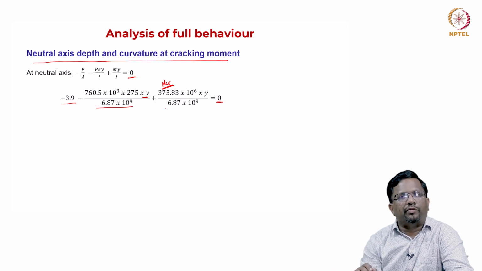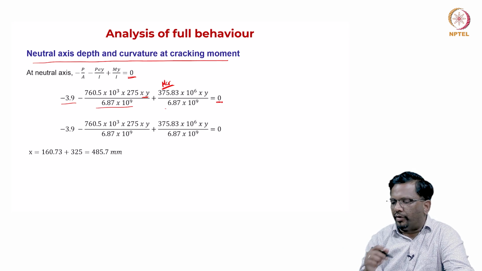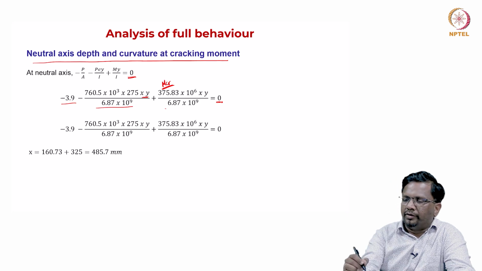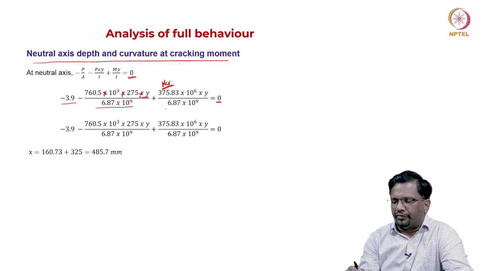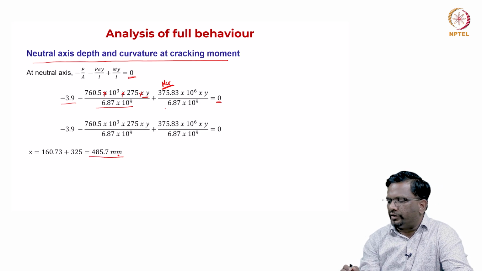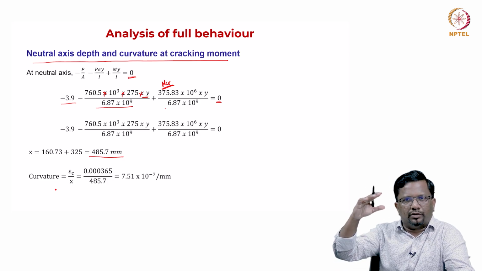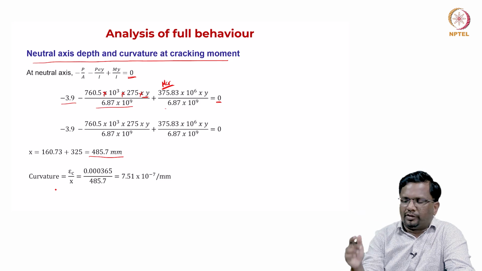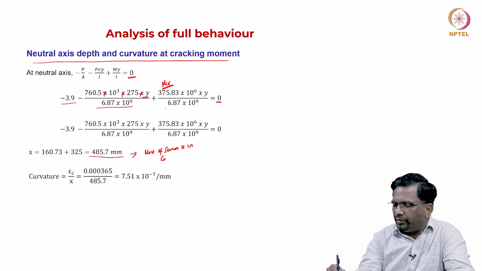So, if you equate everything to 0, you will find expressions for your y or x, whatever that you want to call it. So, this you say that it's multiplication symbol. So, if you substitute, x works out to be 485.7 millimeter. Now, because predominantly the entire cross section, this indicates what? Most of the section is in compression,